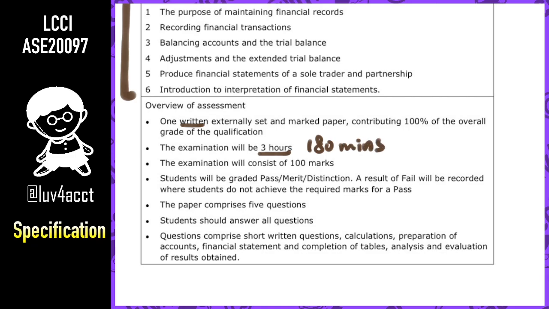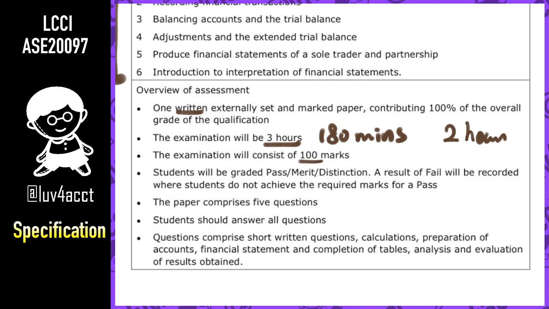Sorry again for my cat constantly meowing. 180 minutes, but usually I would challenge my students to finish it in 2 hours or something like that, and then half an hour for checking, and that would be all. LCCI papers shouldn't take you the whole 3 hours, and there will be 100 marks, and if you have a passing grade, then you will have pass, merit or distinction, and hopefully we all get distinction,